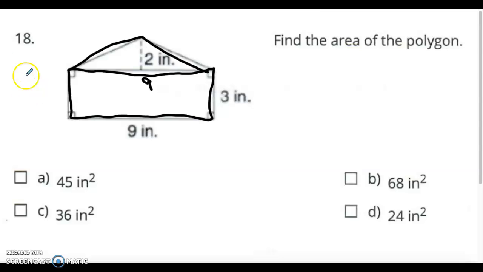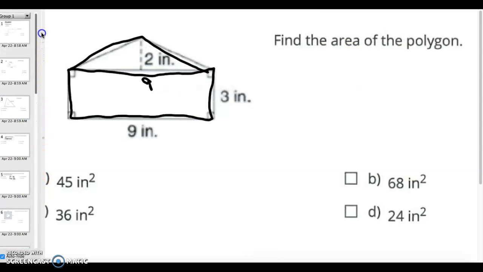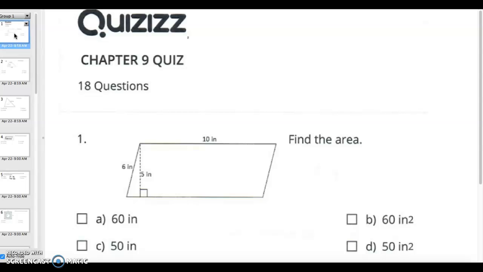Okay, so I just walked you through how to do every problem on this quiz. So let me talk to you a few minutes about this quiz. This quiz is being graded, and I am putting the grade in the comment section on the parent portal. I will not accept any grade that is below a 70%. So if you get a grade below a 70, you're going to have to retake it. Feel free to listen to this video again or watch this video, have it maybe up in the background as you're taking the quiz,